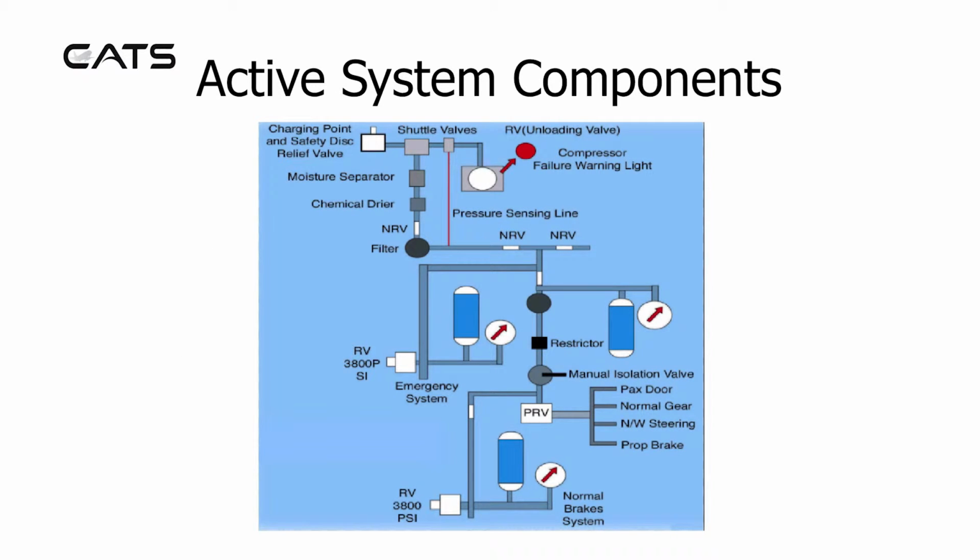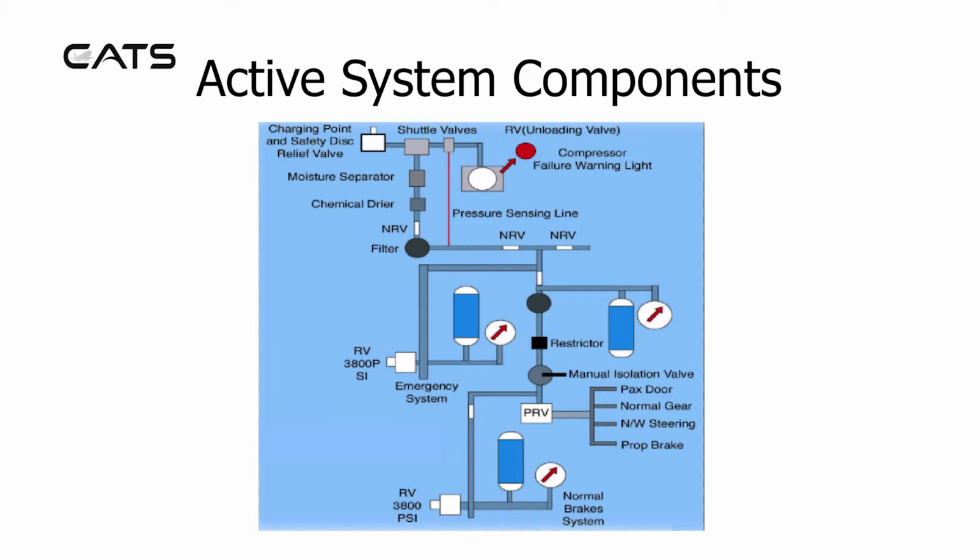This is a schematic for a pneumatic system. There's a charging point and safety disc and a relief valve, with shuttle valves which lead to moisture separators and a chemical dryer, and a non-return valve. This passes through a filter, and more non-return valves, or a relief valve, to accumulators and manual isolation valves, and